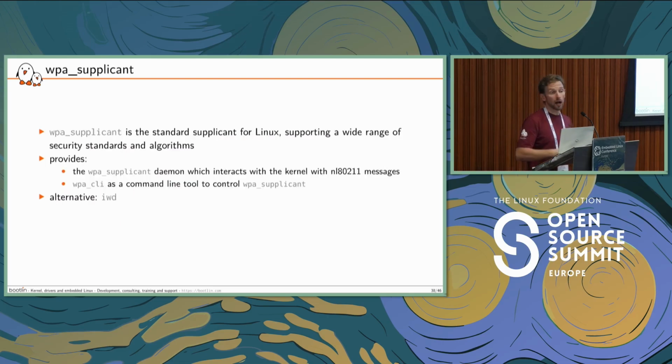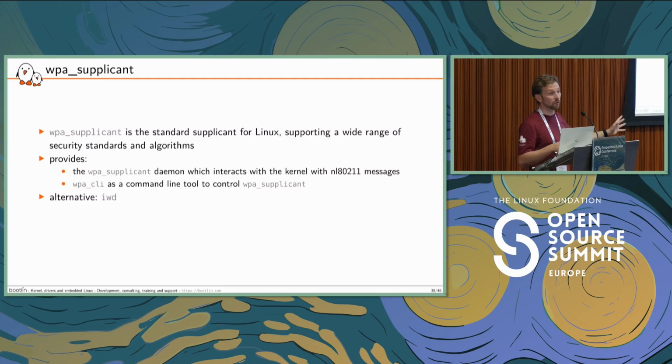If I want to go further, I will likely want to check that I can connect to standard networks. And in this case, I will need a supplicant. I have different solutions. The standard one in the Linux ecosystem is WPA supplicant. It comes both as a daemon and a command line tool, and in fact, a library to write your own tools. And you have some other alternatives. There is IWD, which is more recent, from Intel, I guess.